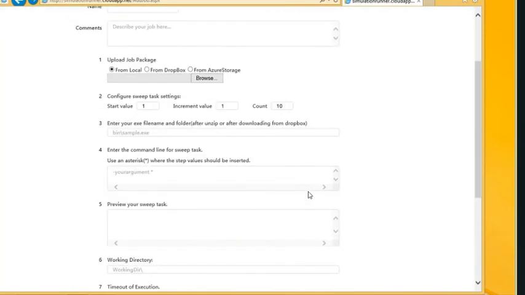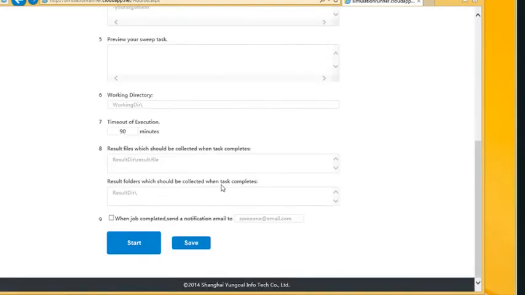To submit a job, it's actually pretty simple as well. So here you can select from local files, and you can select them from Dropbox. This is actually a feature that people ask me about, because people don't want to deal with lots of files. If I have a package that has, let's just say, 15 files, it's just a directory, executables and support files, you can simply put them in a Dropbox, and it will pick it up and put them in each of the nodes to run. You can also pick them up from Azure Blob Storage. You can upload them locally, which has to be a zip file. And then you can run your parameter sweep application and just simply submit the job or save it.